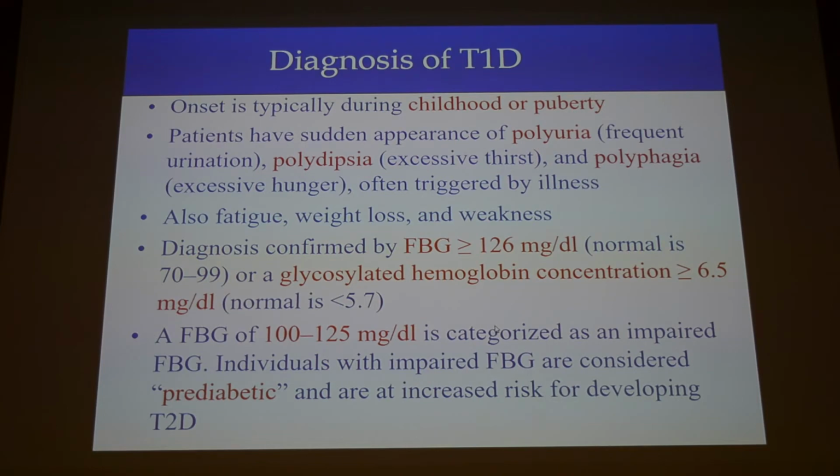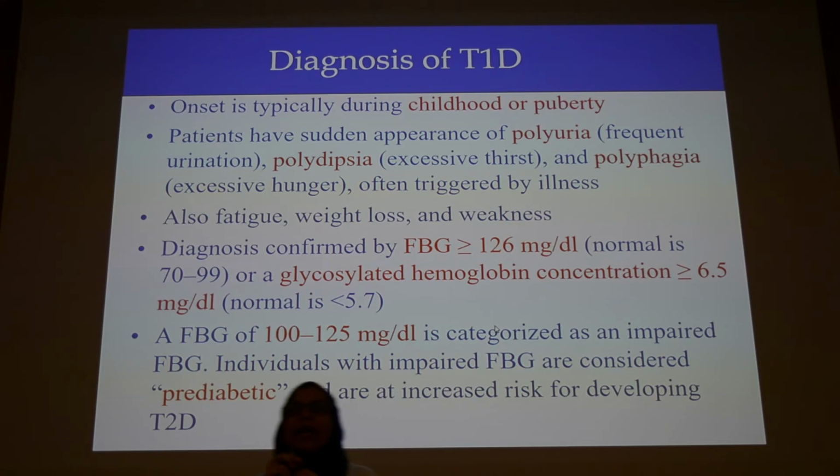They will also have fatigue, weakness, weight loss. So how do you diagnose them? You do the fasting test. Fasting means about 8 hours of fasting without eating. You measure their blood sugar. If it is above 126, then they are diabetic. You can also measure their